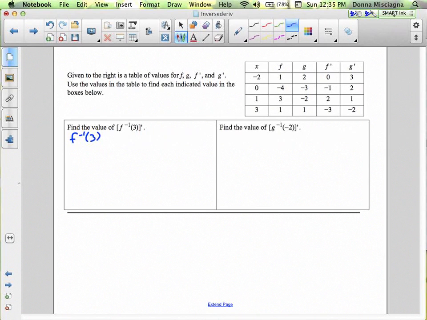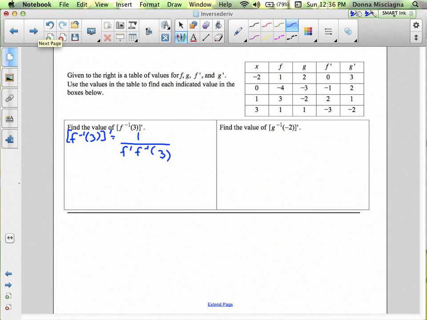and I guess I'll write it like they did, is equal to 1 over f prime evaluated at the inverse of 3. All right, so now we've got to simplify this. All right, so